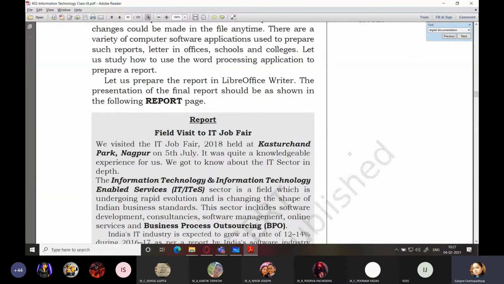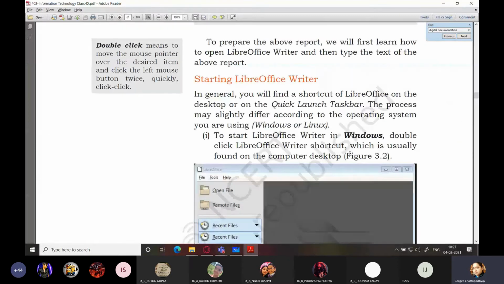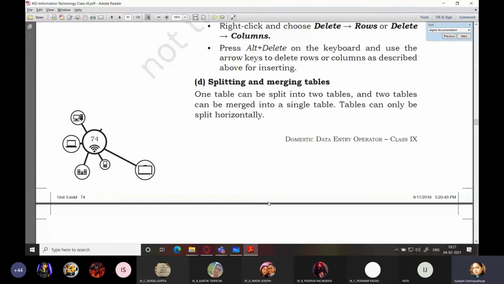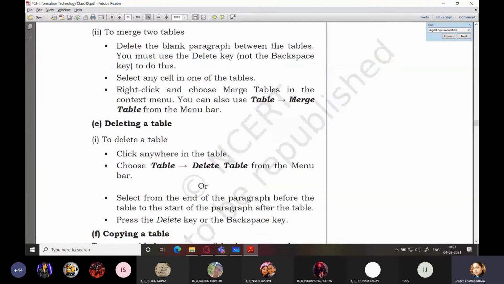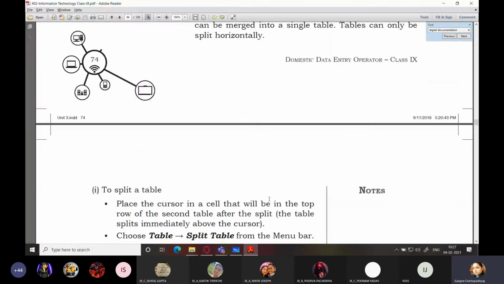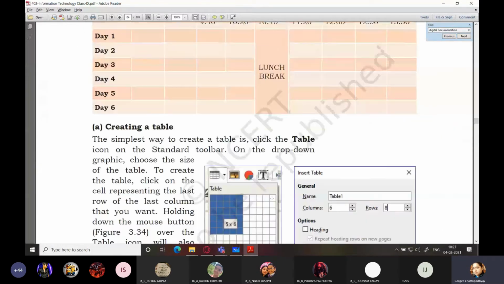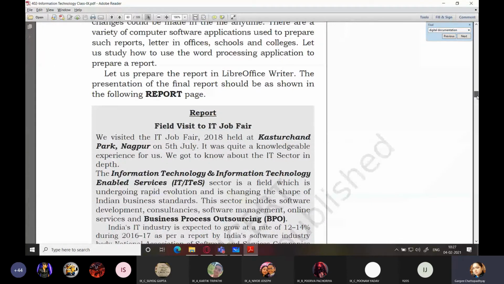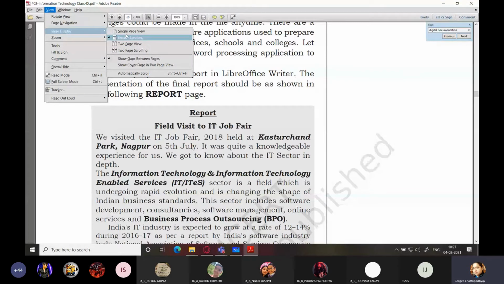So let's jump on to the main thing, that is how to work on Writer. A few things I have already explained to you, like creating a document in LibreOffice Writer, saving a document, opening a document, find and replace. Then in the last lecture I explained about basic editing options, cut, copy, paste, selection mode. So today we are going to take up a few more different things. So let me just reduce its magnification a little bit.